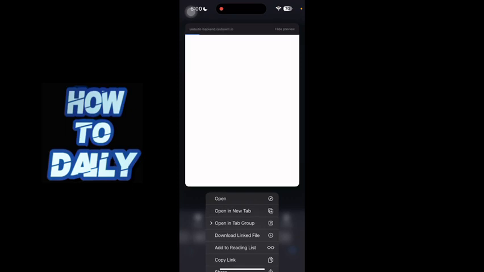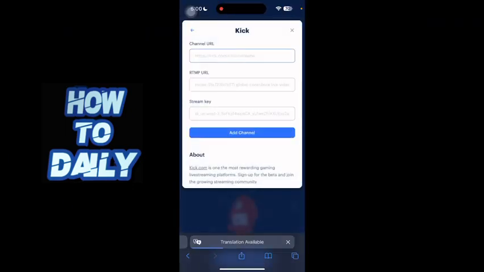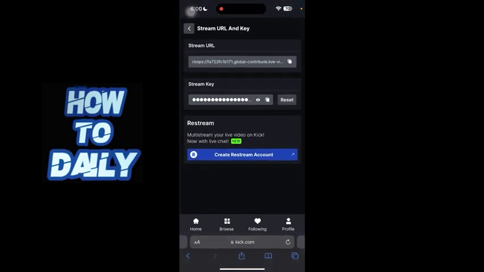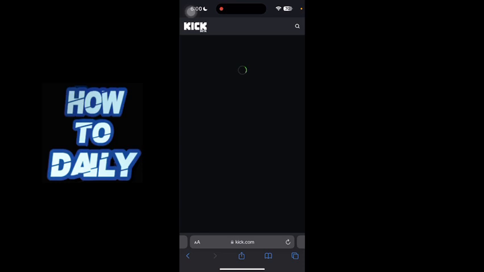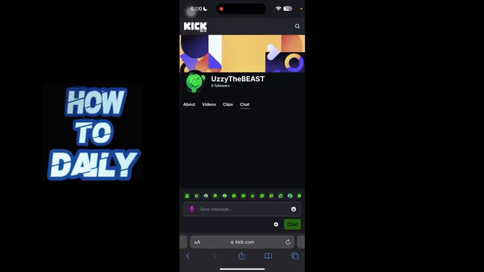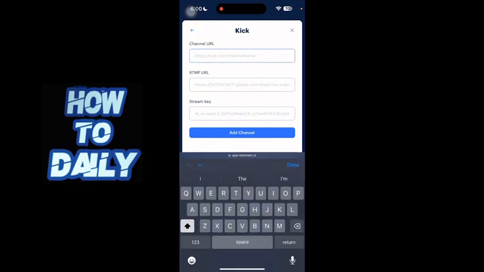So just click and open it in a new tab like this, and here you will be redirected to this page once you have signed up for a restream account. I've already done that. So first of all, just grab your channel URL like this. So I'll just do it, and here just paste in your channel URL,